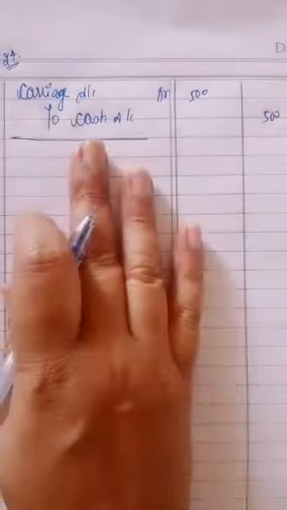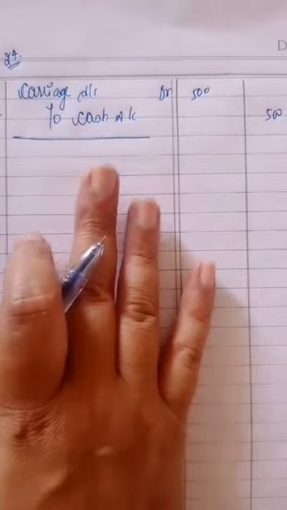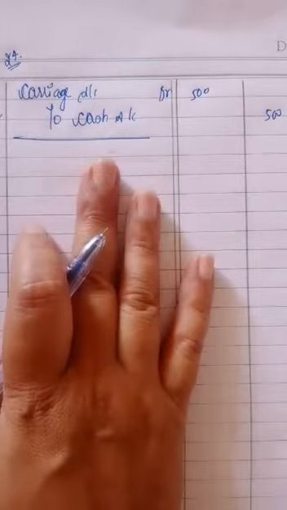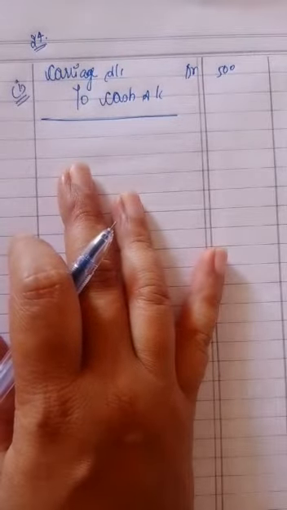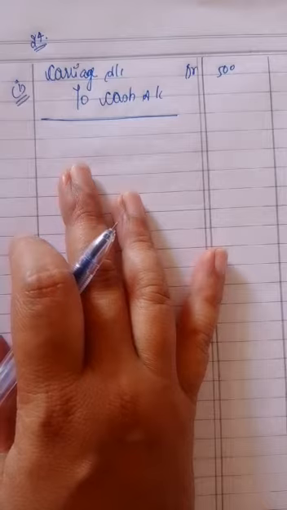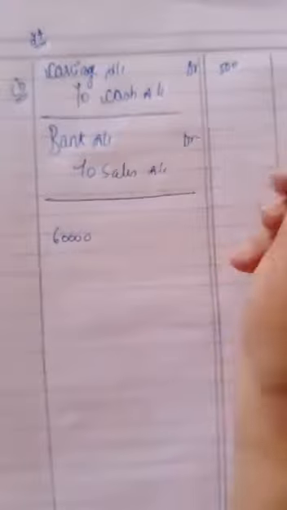We have sold the goods, and on selling the goods we have paid carriage, and that too is not recoverable from the customer, so we will write carriage to cash. And in this entry we have sold goods and received a check. Sold goods costing 60,000 against a check means bank account debit to sales account. We have sold goods for a check, bank to sales.